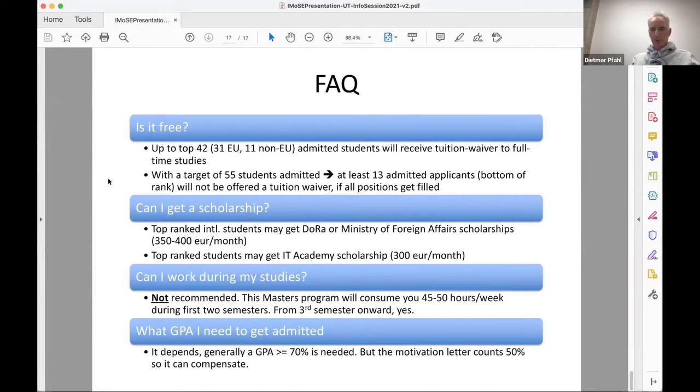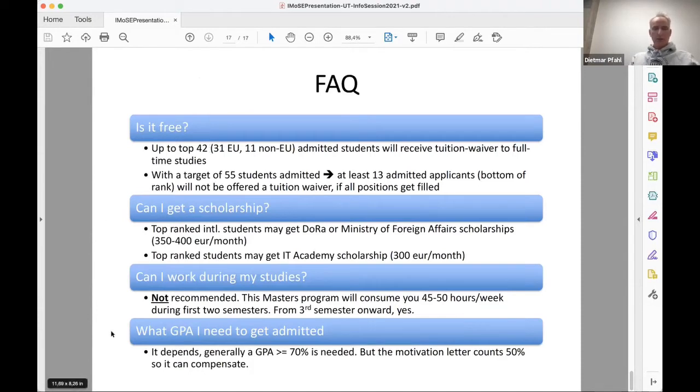We also have special scholarships that are not for all students, like this Ministry of Foreign Affairs scholarship, which is targeted at specific countries. I don't know actually how they select them, but they have a special agreement with Estonia, so it's Ukraine, Azerbaijan, I think Georgia, etc. For those scholarships, only students from these countries can apply, but for most of the scholarships, everybody can apply. Some are really related to your grades, some have other requirements. And you can apply for that once you're here at the university.